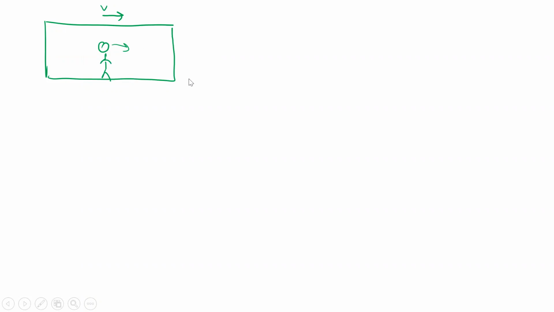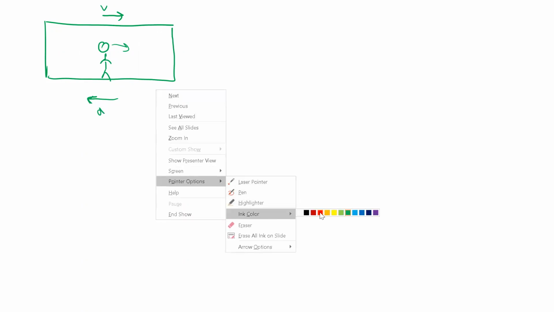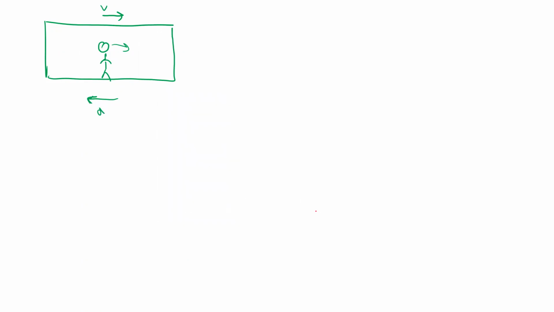But anyway, this is our experience. Okay, so about the fictitious force. What happened in this case? The train decelerates suddenly. That means it has an acceleration to this side. So when you have the acceleration to this side, then the fictitious force, the pseudo force,